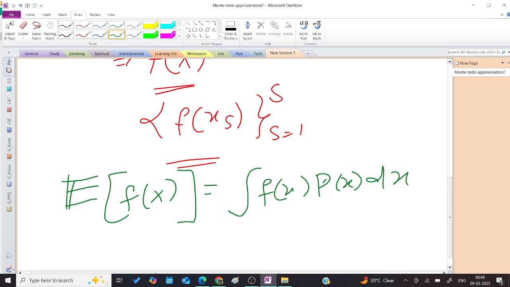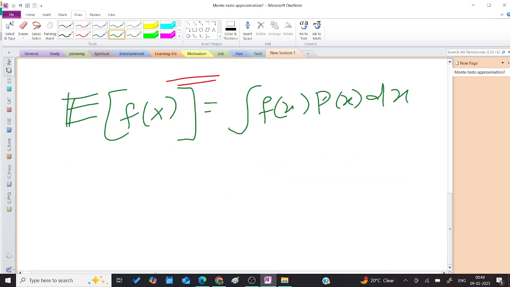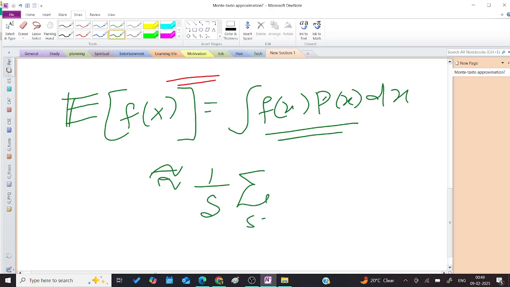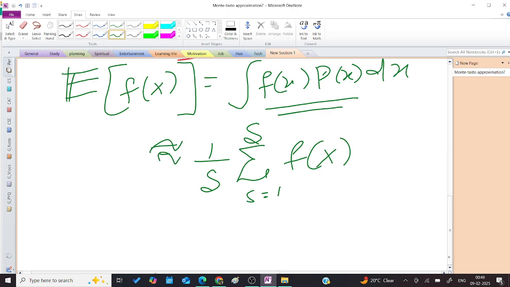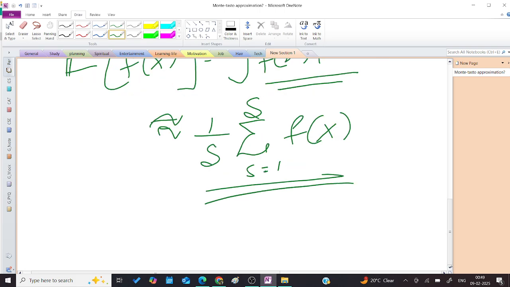But using Monte Carlo approximation, this same thing can be approximated by this formula: 1 by S, sum from s equals 1 to S, of f of xs. So what we have really done is that we have averaged only on these points. Okay, sorry, this will be f(xs),